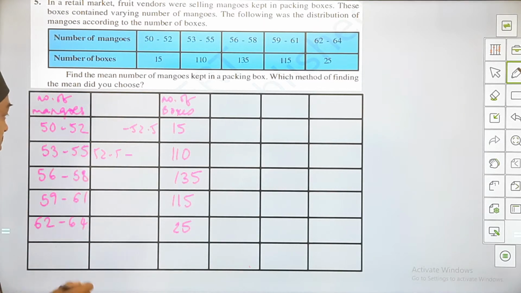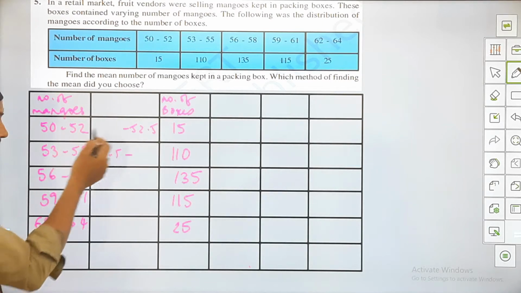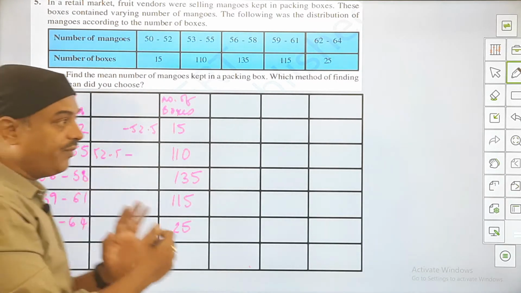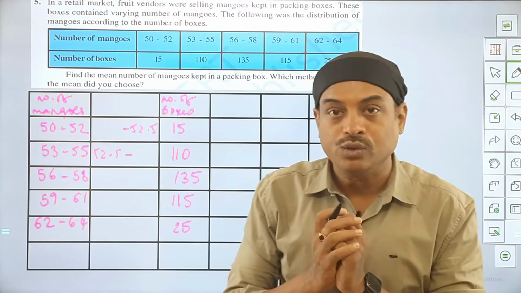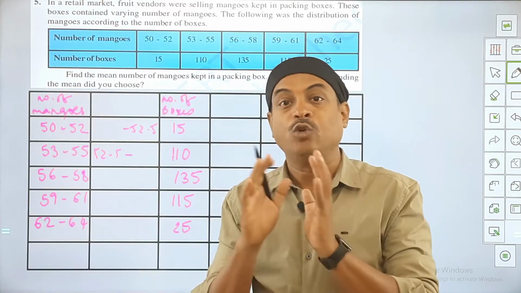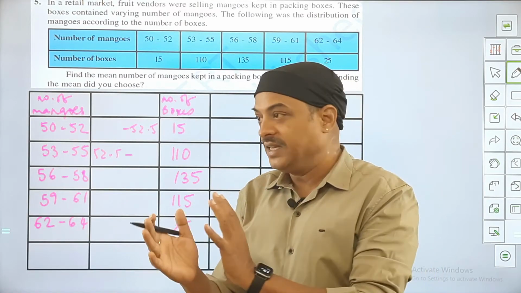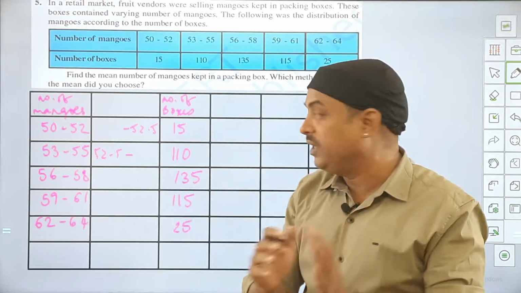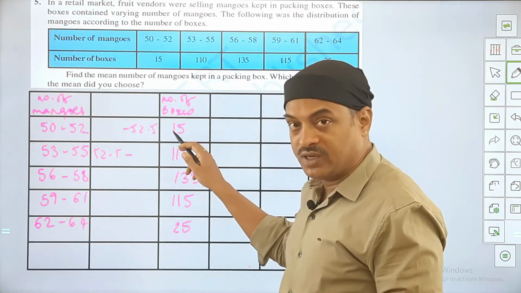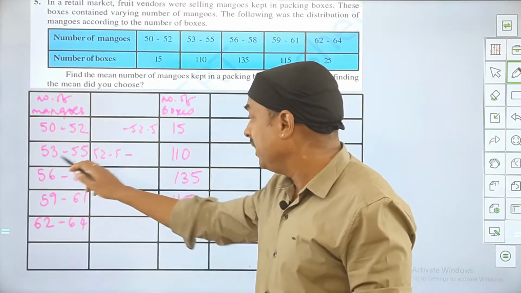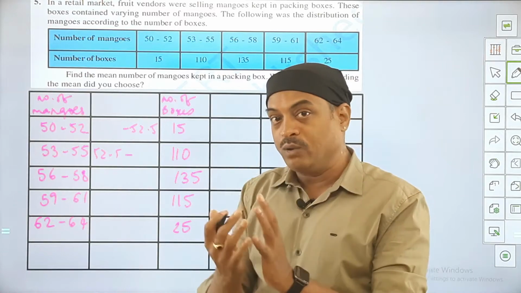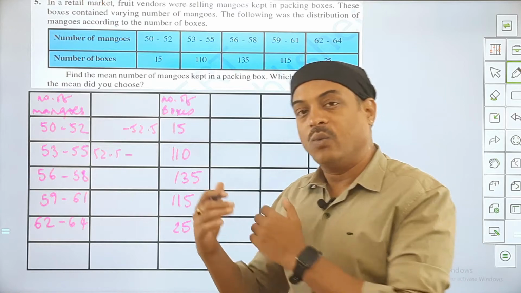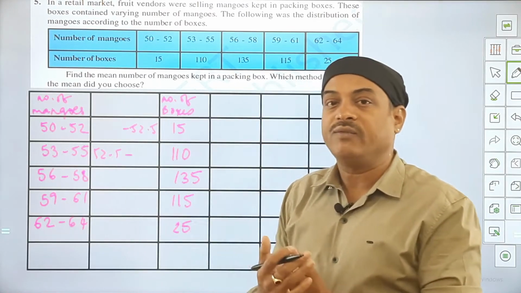So there is a small difference. Here the data was not continuous, and now the data is continuous. You can make it continuous depending on the data. Right now I am talking about mangoes, and the number of mangoes cannot be 52.5. That's why the data says 52 here: if the mangoes are 52, it will be counted in the first case, and if it is 53, it will be counted in the second case. The number of mangoes cannot be 0.5, therefore he did not choose continuous data. But while doing a calculation, it is recommended to have continuous data.